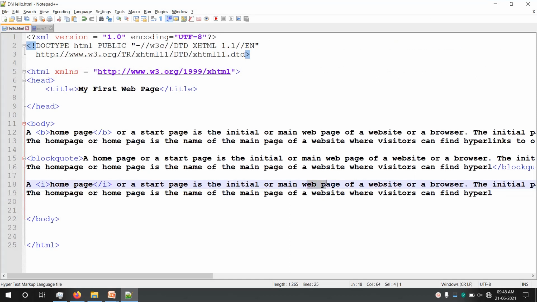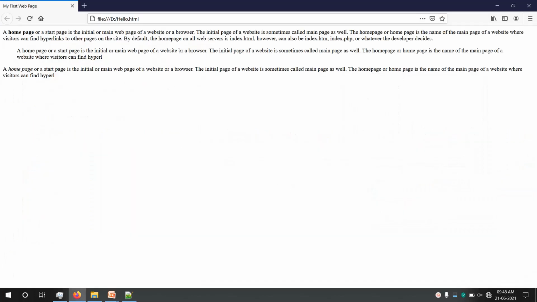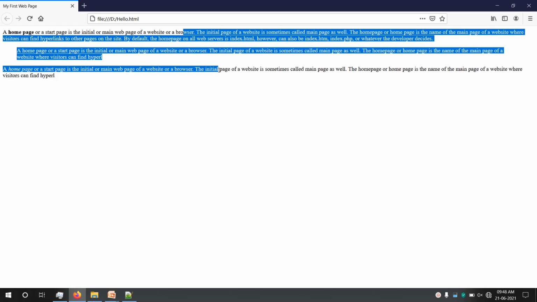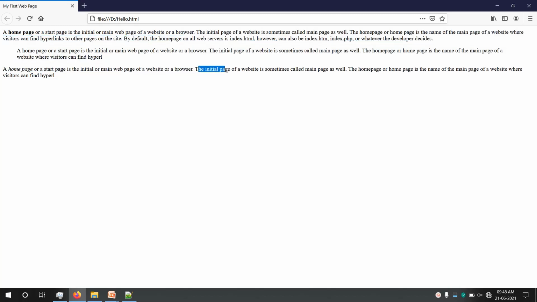Say this web page I want to display in a bigger size than the regular size. If you look at this browser display, this is our output. This regular size, I think it is 12 font, and I want this website to look bigger than the regular text.